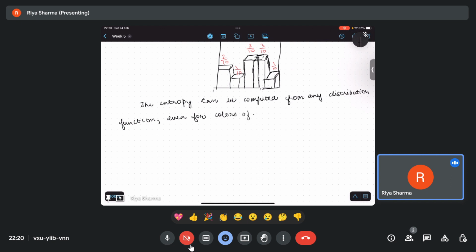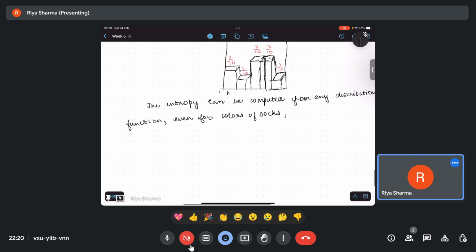So entropy can be done for anything, whether it is, so these are different socks. One is white, the other is black, the other is blue, the other is red, the other is brown. Okay,